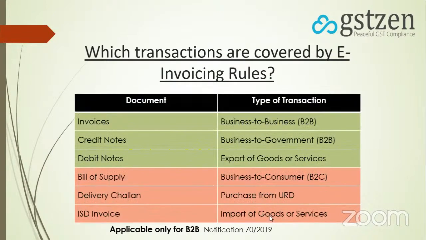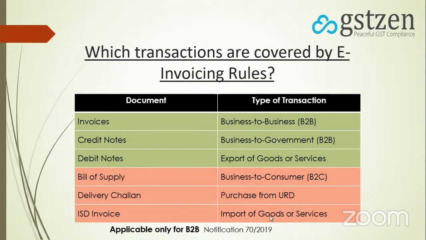This is very important. Please pay attention. Okay, so there are certain types of transactions which are eligible for e-invoicing. E-invoicing is not applicable for all transactions. It is applicable for your B2B, business to government, and exports. Only for these three types of transactions e-invoicing is applicable, and in relation to these transactions, for all the invoices, credit notes and debit notes, you have to generate e-invoice for business to business, business to government, and export of